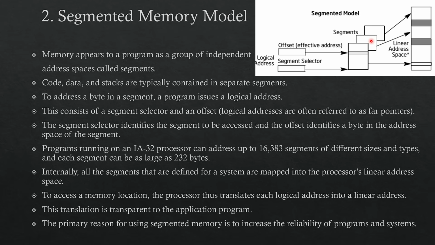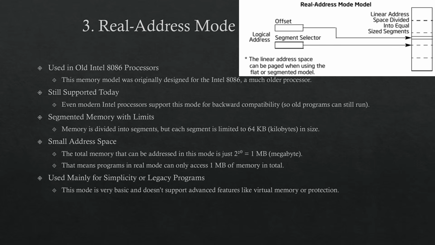So over there, different segments are present. That means the code, data and stacks are arranged in different segments. So these different code, data and stacks are protected from each other, right? So they are independent. Now coming to the real address mode, here you can see the corresponding block